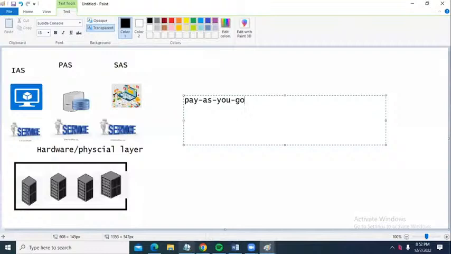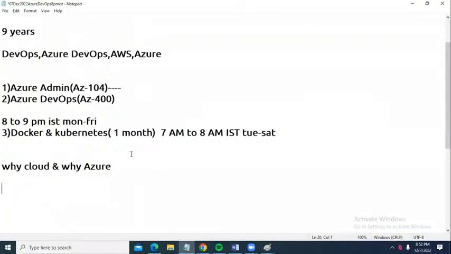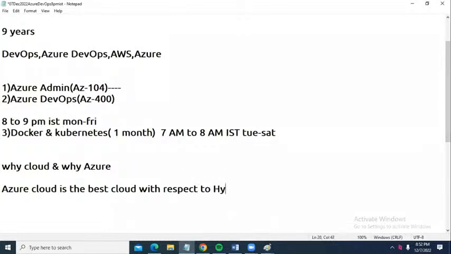Then when it comes to Azure, why do we have to choose Azure? From the Azure perspective, Azure is the best cloud with respect to hybrid cloud. What is meant by a hybrid setup?